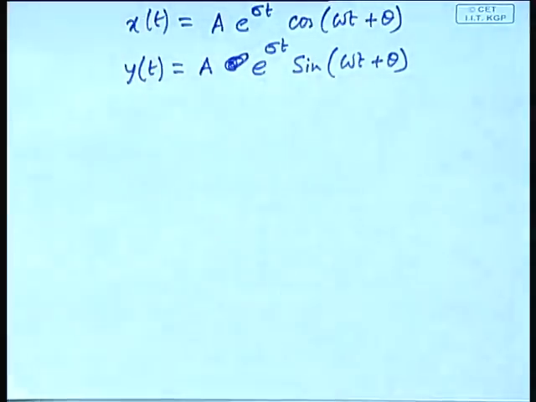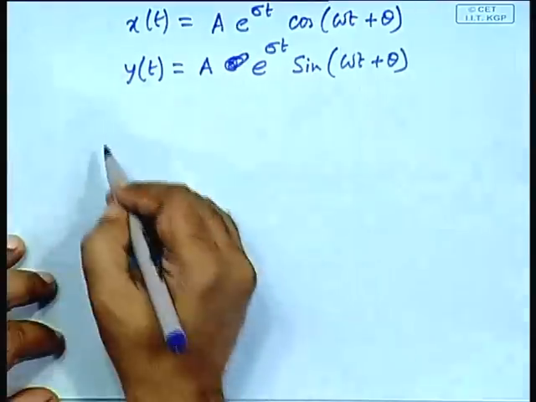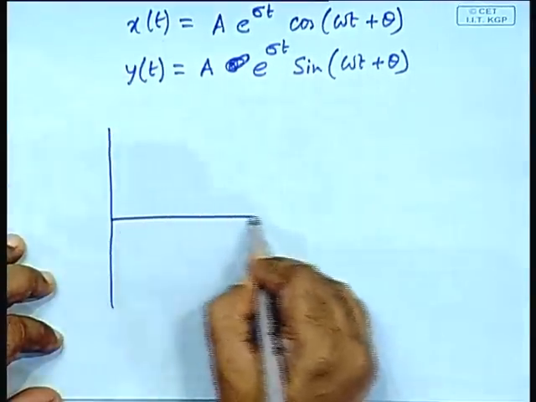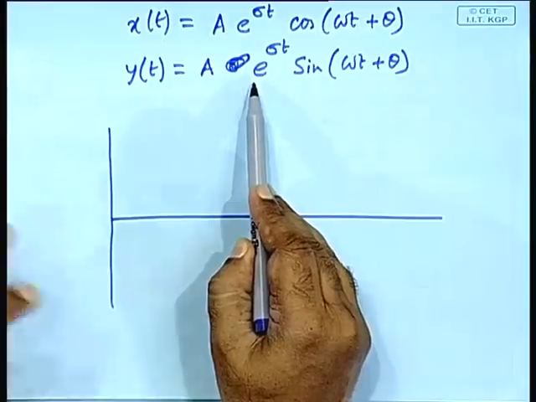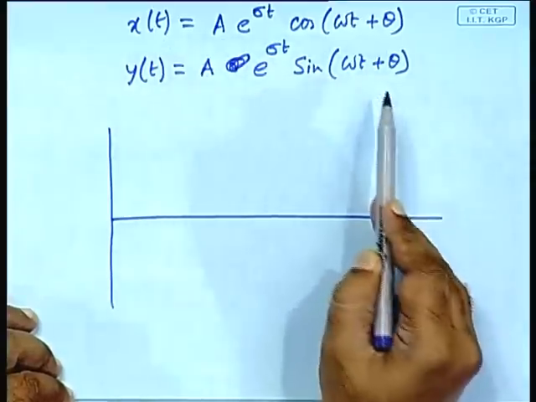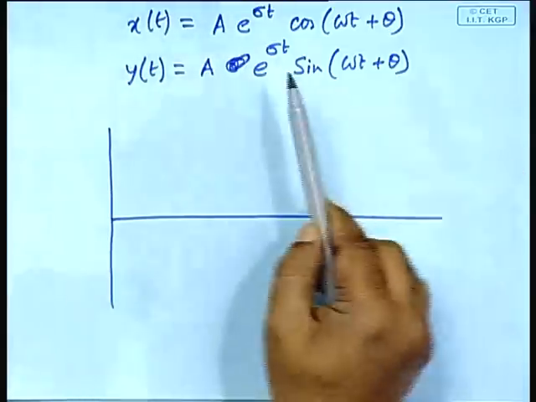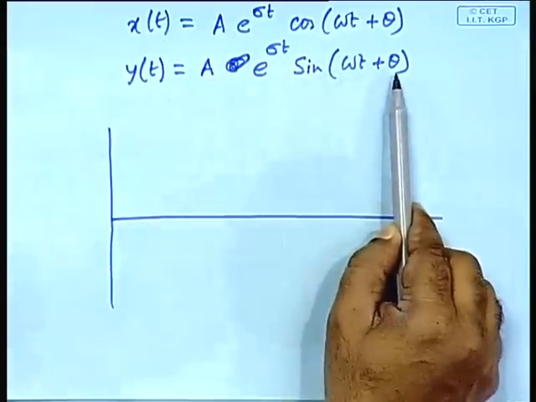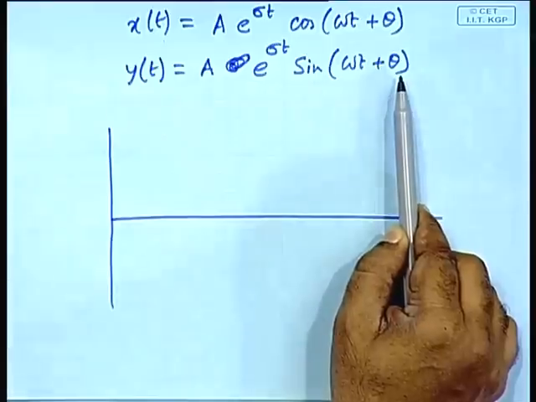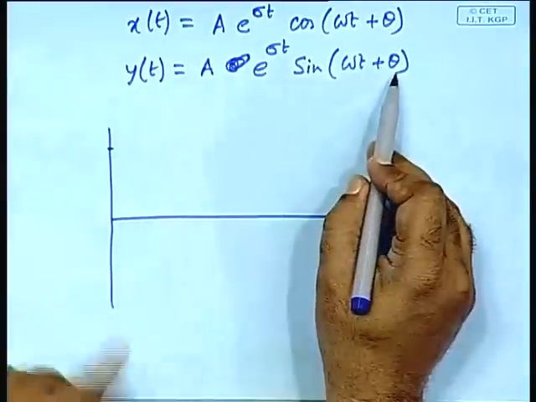Fine. So, let us see how this looks as a function of time. This component is a sinusoid, this component is an exponential decay. So, what will this whole component be? It is a damped sinusoid. So, when your t is 0, this term is 1 and this term is 0, therefore, it is A sin theta. So, that is where it starts. Theta gives the phase, right?